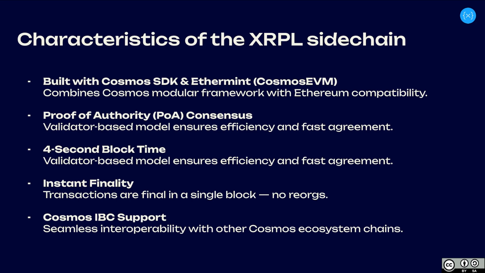The consensus is proof of authority. So it's not very similar to what we have on XRPL mainnet. The way it differs is that there is an election round. You have a set of trusted validators, and every block, one of those validators is elected and proposes a block. On XRPL mainnet, the consensus is from association, so all the trusted validators talk to each other to create a block. But here only one creates a block and the others agree on the validity of this block. The block time is 4 seconds,